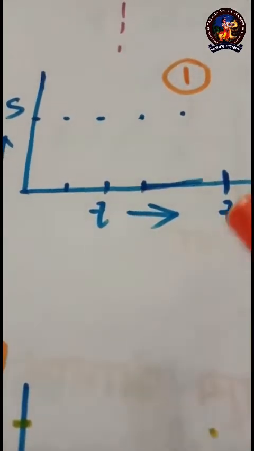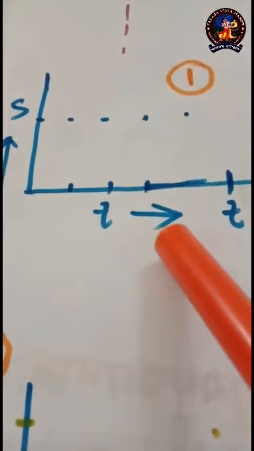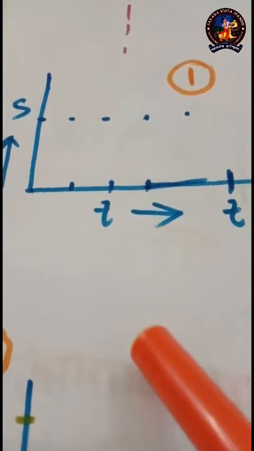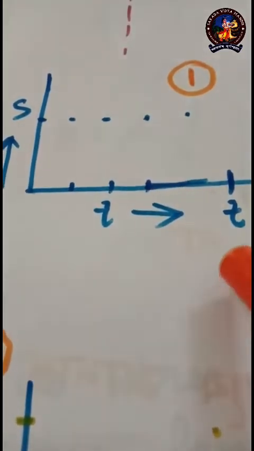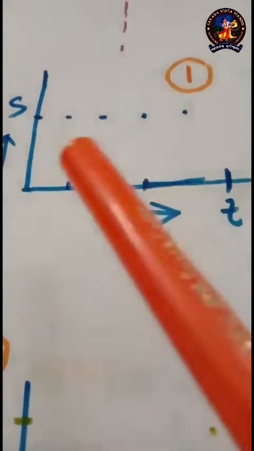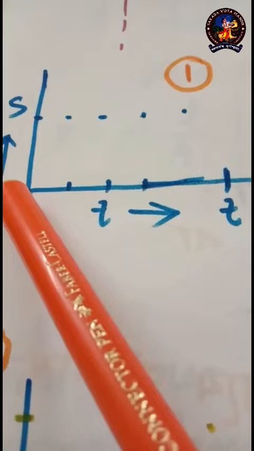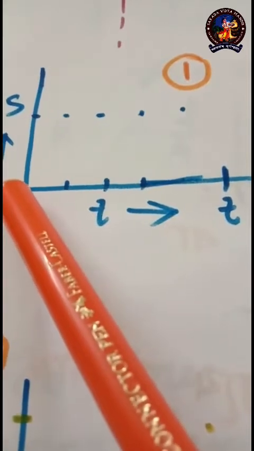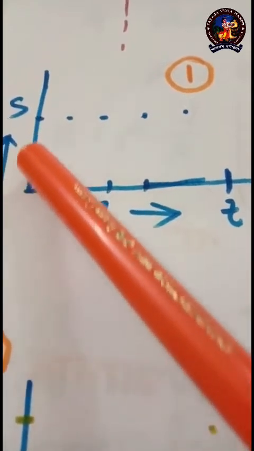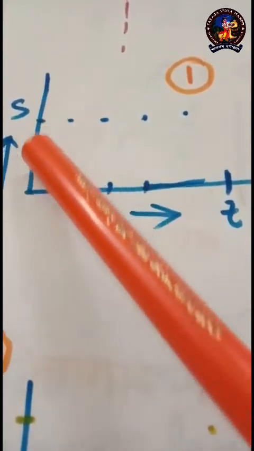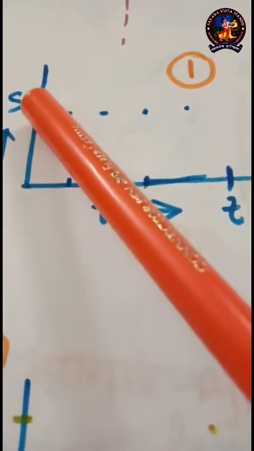Now suppose the object is static, that means the object is not changing its position. So suppose from this point the object is at a distance of 5 meters. I may have 5 meters or 10 meters or whatever. So at 0 time, what is this? Origin. That means the time is 0. Now at 0 time, suppose the displacement of the object is given by this distance, and suppose this is representing 5.